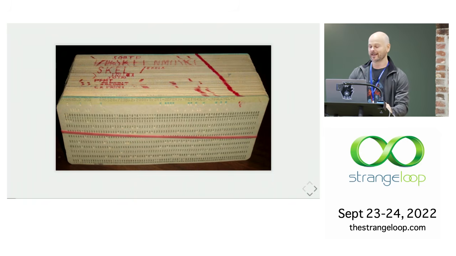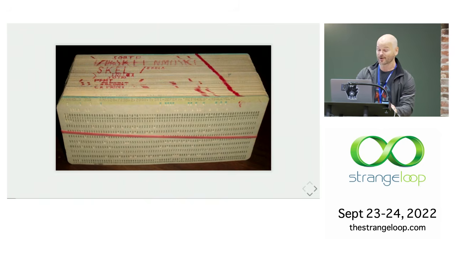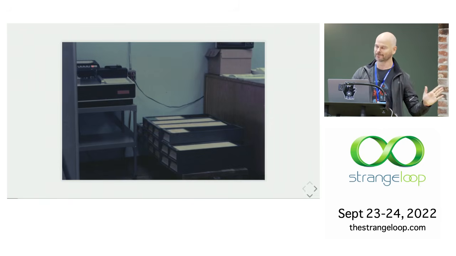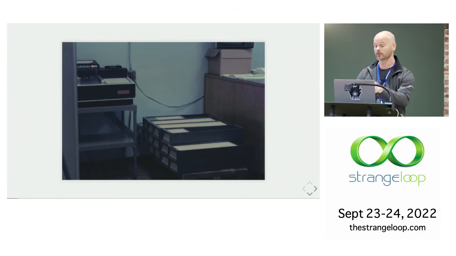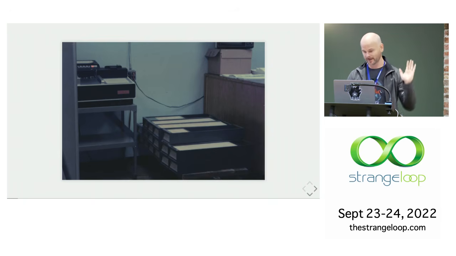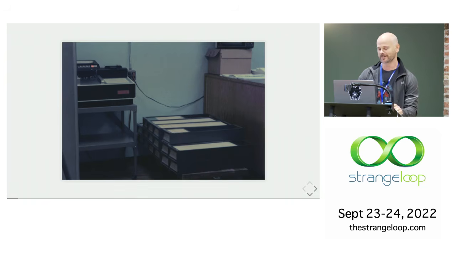Now, to give you a sense of how long these programs can get, this picture, forgive me, it's a low-quality picture, but this is the actual reader I used, and that in the front there is an actual program I wrote, the lower right-hand corner one, which was a Fortran program to simulate rocket flight, because my particular school had a connection to NASA, and we did a lot of rocket things, right? So can you imagine how long it took me to punch all these and put them in there? And what we would do is give them to a system operator who would feed them into a computer.